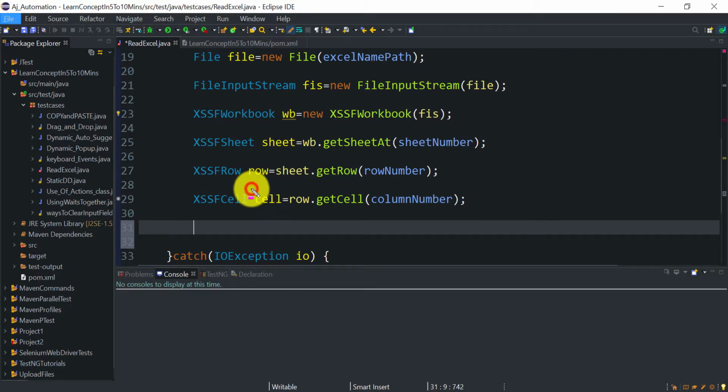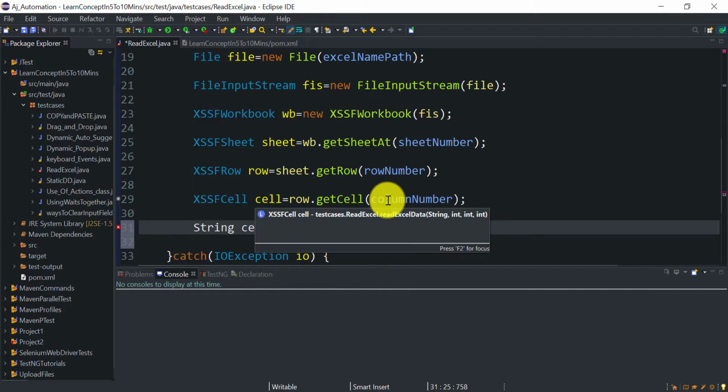But now we are interested in the value that is stored at that cell. So how to get the value? That value will obviously be a string value, right? So String, let's say cellData equal to, so depending upon this cell we will get the value.